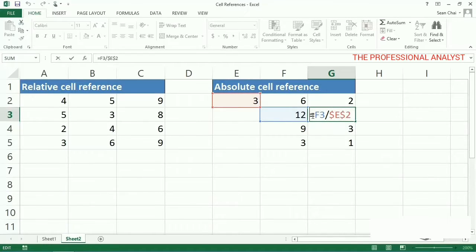Now you've got a pretty good idea about what cell references are and how to use them. Of course, there's always